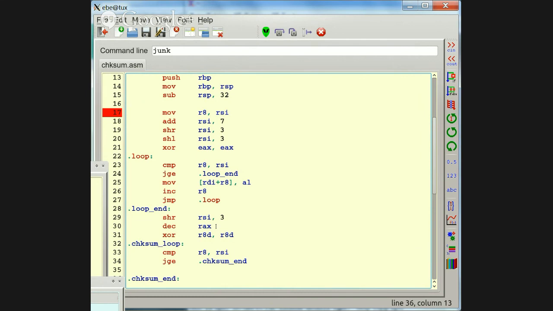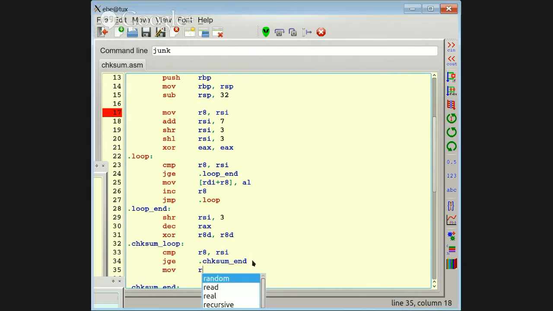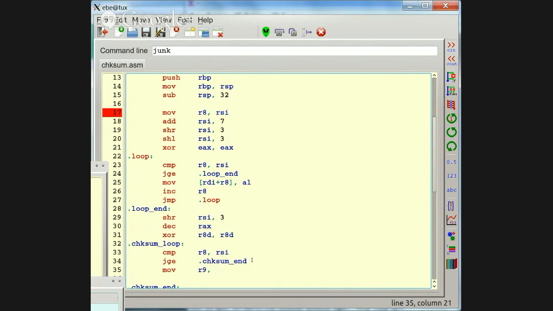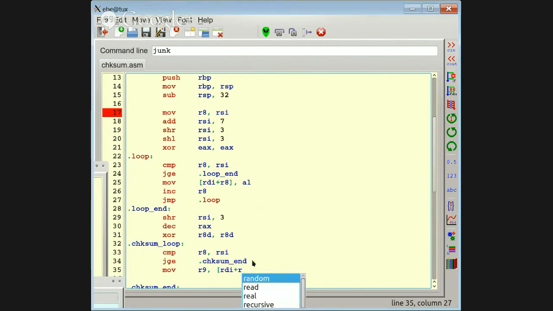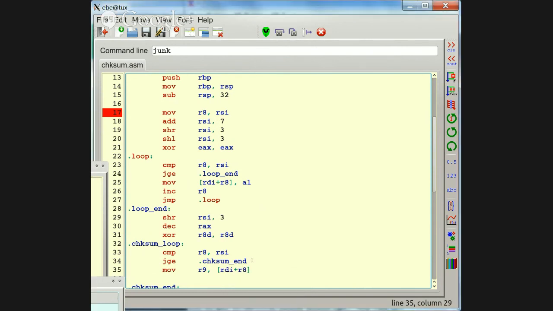All right. So if we're still in the loop, we have another value to access, which I'm going to get with move. Move into, how about R9, and the array is RDI, and plus R8 will give us the index to use. And after we've moved it, we want to combine it with RAX.